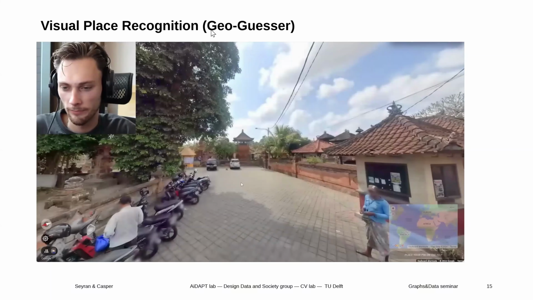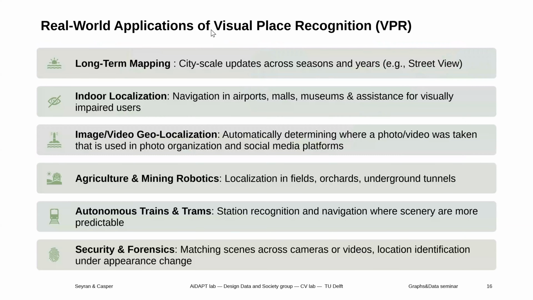So the question now is, with visual place recognition, can we do this with computers? Can we train the computers to be smart enough to do the same thing? And what are the applications of automated visual place recognition? The first one is long-term mapping, which is basically matching different views of different scenes within a city, so you can update the map